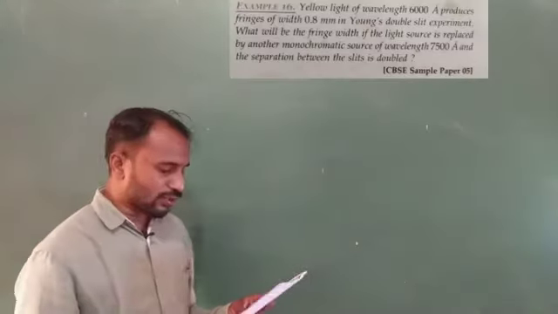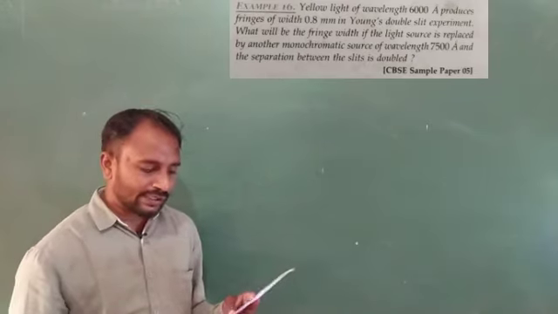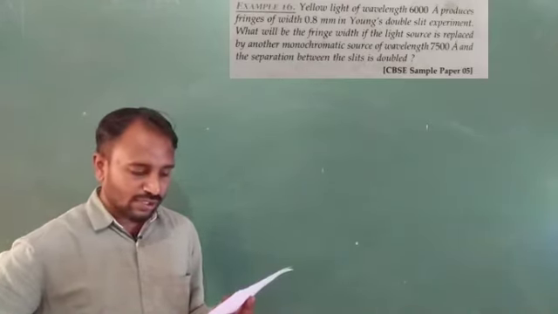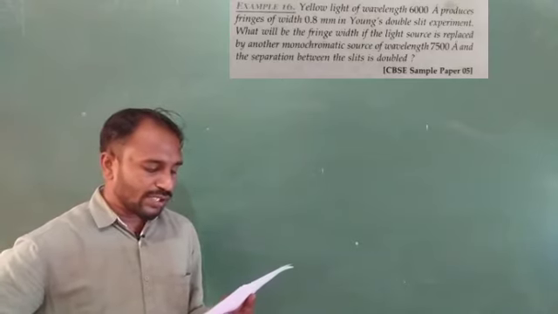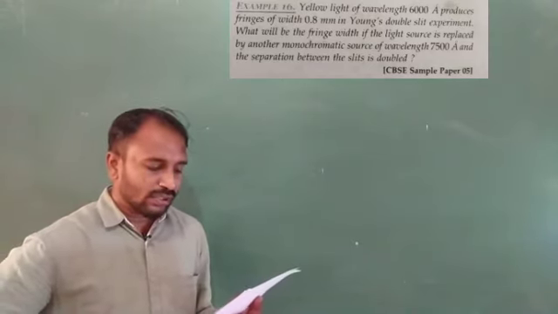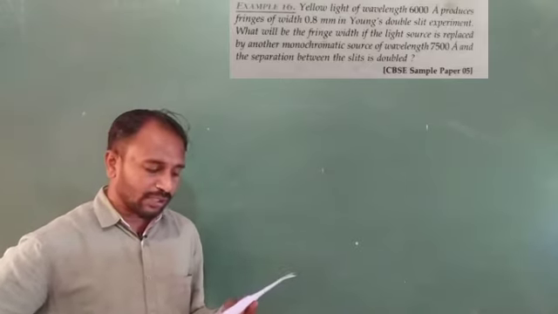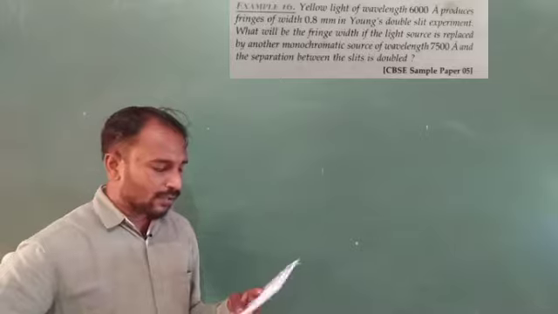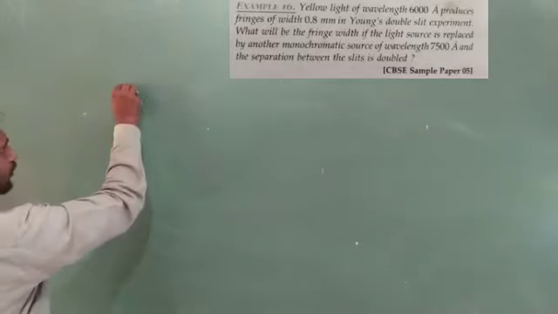Okay, so our next question. Yellow light of a wavelength 6000 angstrom produces fringes of a width 0.8 millimeter in a Young's double slit experiment. Okay, so here in Young's double slit experiment,